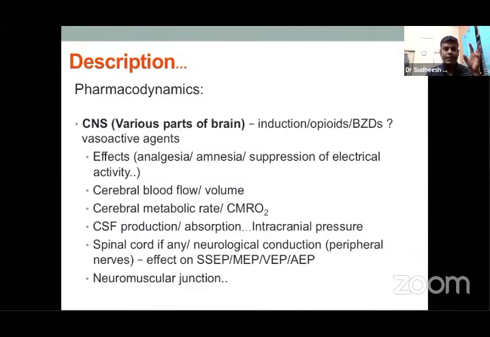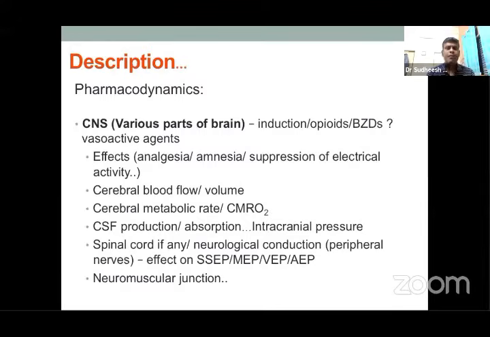For example, it might be the motor cortex or sensory cortex, or areas representing pain, or the chemoreceptor trigger zone, then the medullary floor, where you have the respiratory centers, cardiac centers, etc. So when you're reading about the drug, you can always think about individual areas and visualize where the drug is acting.